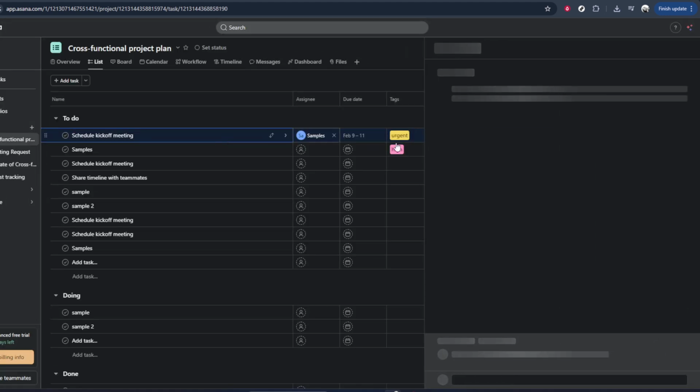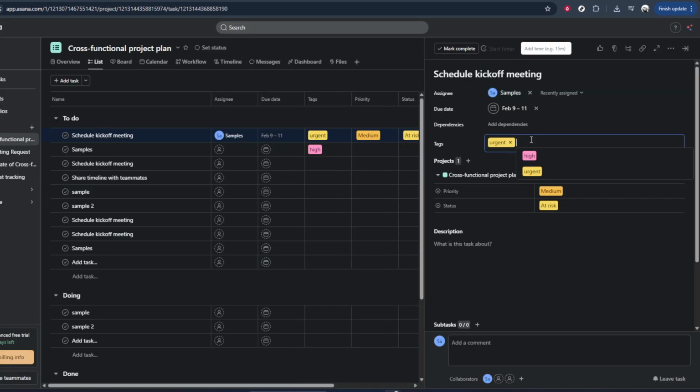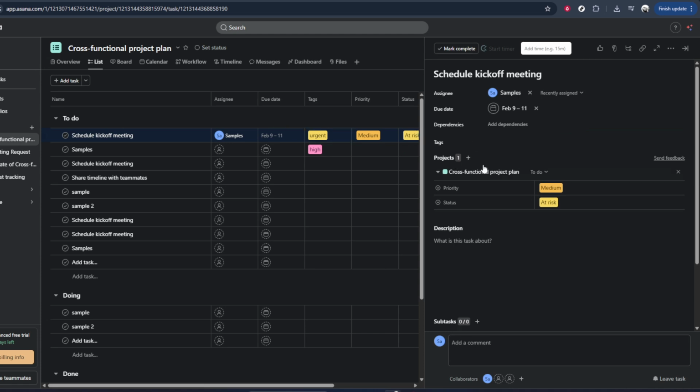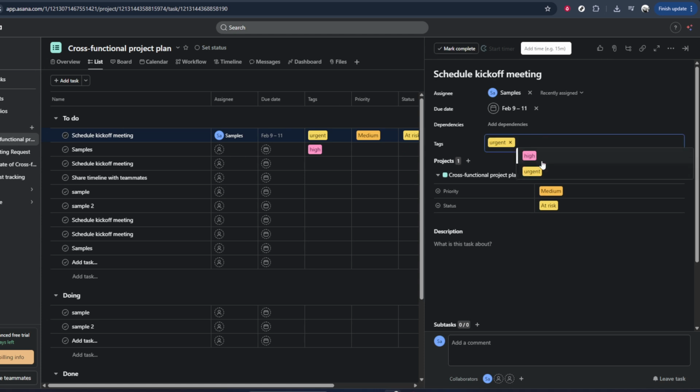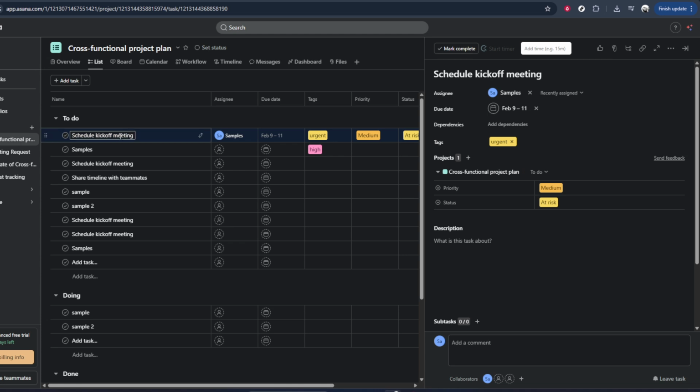Now, what we're interested in are the tags connected to this task. In Asana, tags usually appear near the top of the task details, close to the task title, or in a section labeled with the word tags. If your team actively uses tags, you might see colored labels or small chips that represent different tags, like